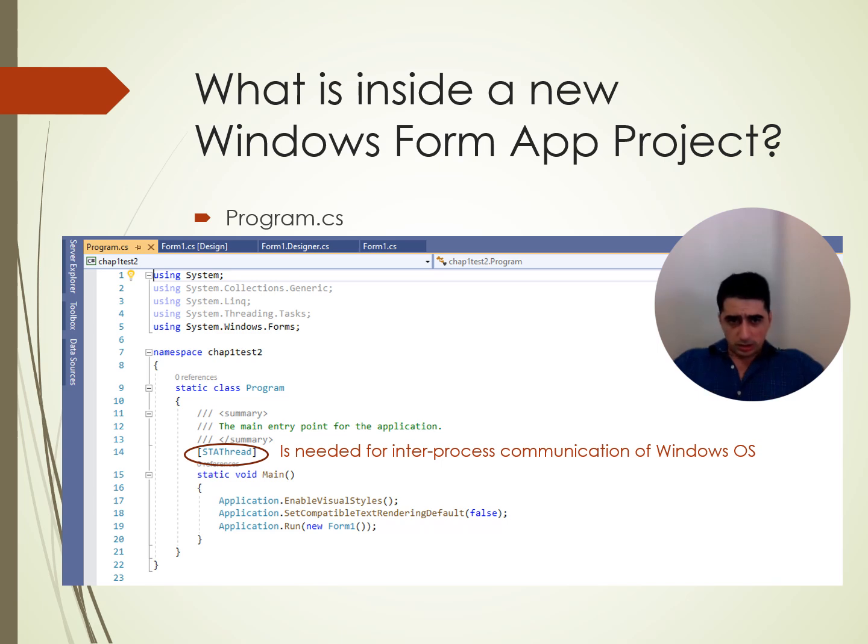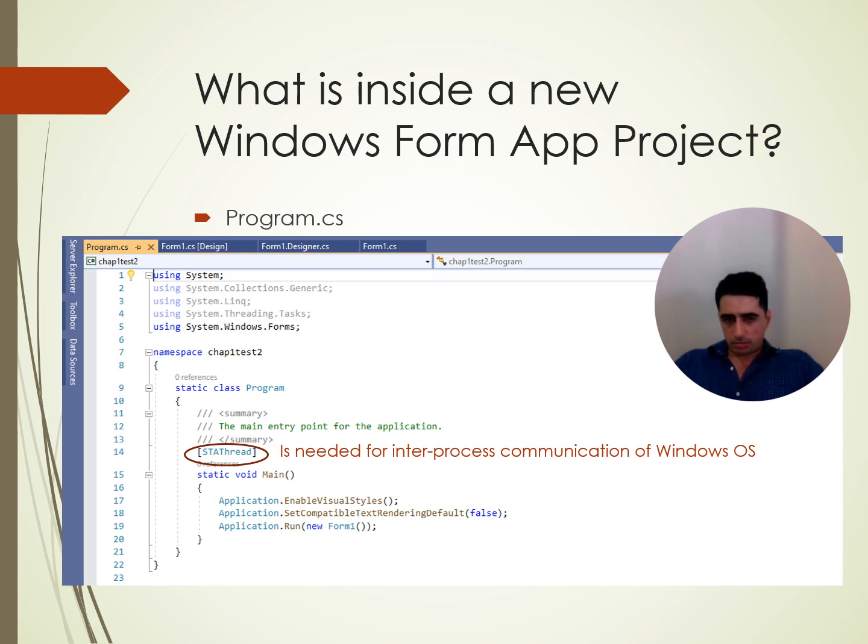When you create a project using the Windows Form application template in Visual Studio, the project will contain a few C# source codes, unless you have selected a different language. But the correct language, you need to select the C#, and if you do that, you will have these predefined classes, or I should say predefined files. Program.cs is a class